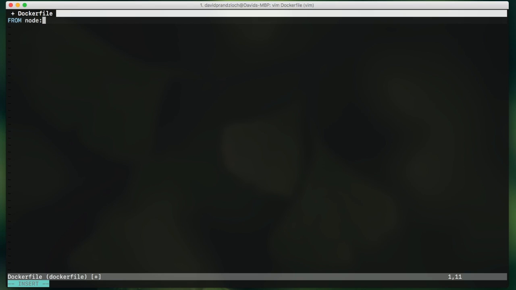And in theory, we could use latest here, but I want to be specific. We will use version 8 of Node. And I like the Alpine images more than the ones built on Debian, because they just consume way less space. So this is more the minimalistic approach. So we will use this as a base image, and